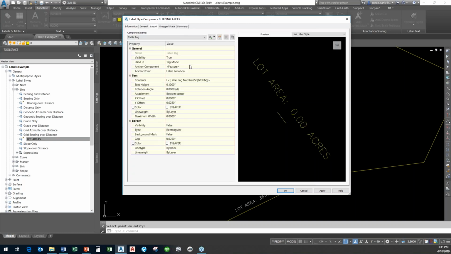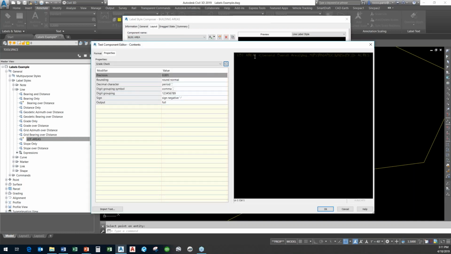I'm going to go over here and modify the lot area. I'm going to change the name of that again, just so it's consistent. I'll just call it building area. And this time I'm going to go in and modify, but instead of just saying lot area up in front, I can start to put in standard things that we need to change. At the top, I'm going to say building,